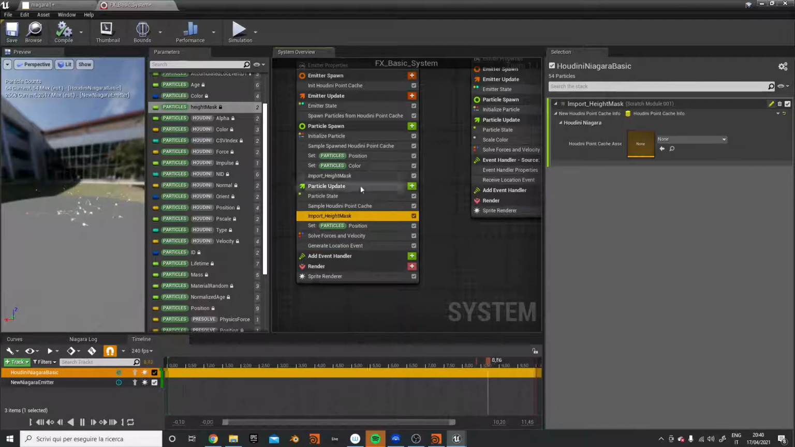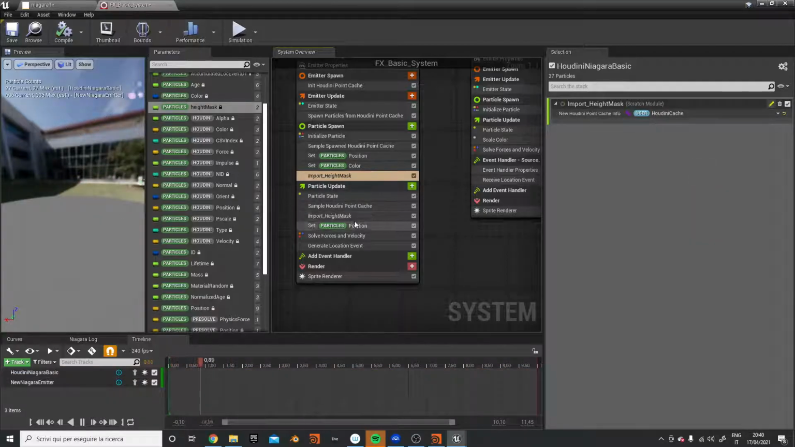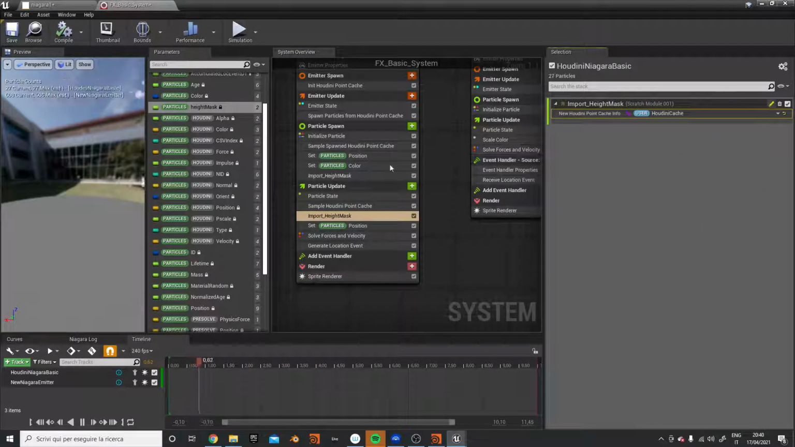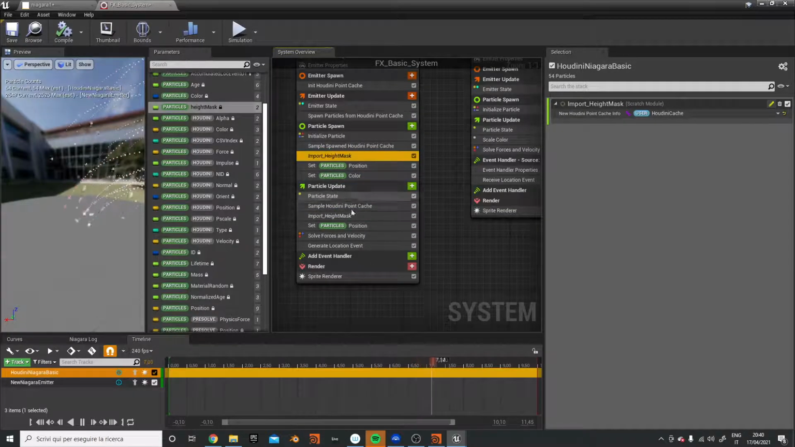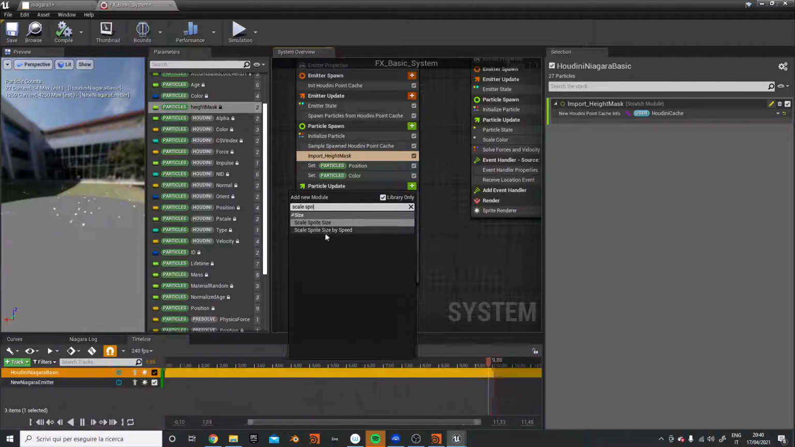So basically it will ask for the point Houdini cache, but we have it, we have our variable. So we both import in the spawn and in the update, and basically we have this parameter that is our 8 mask here, and we can say, for example, scale sprite by size,